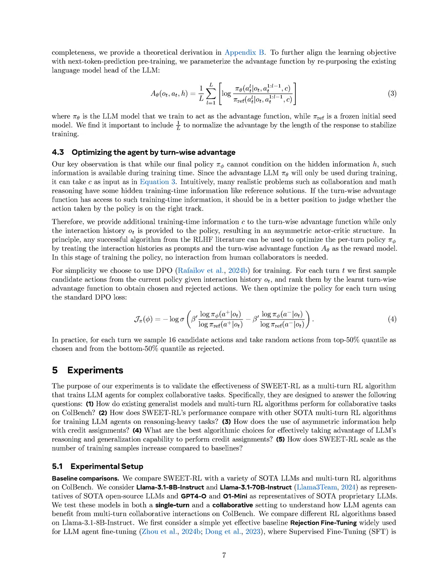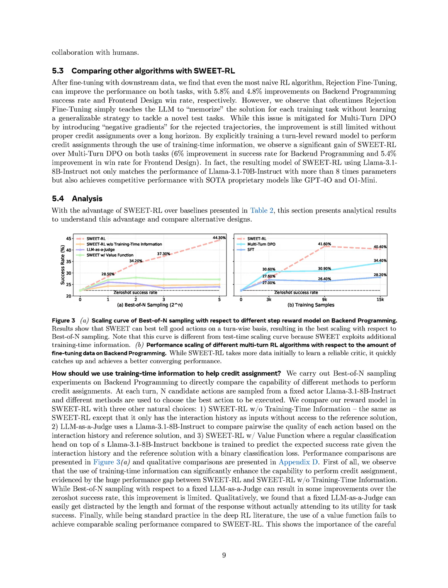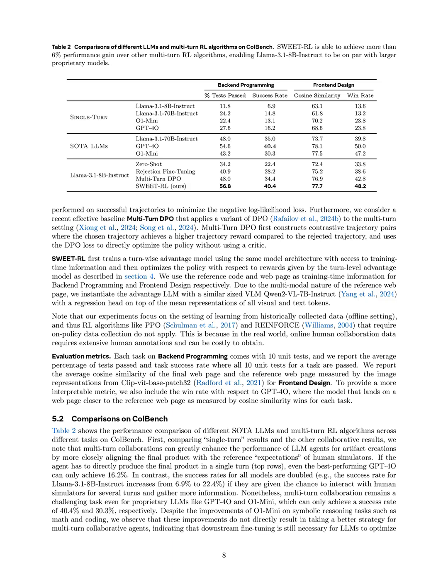The theoretical benefits of utilizing SuiteRL over other reinforcement learning algorithms for multi-turn collaborative tasks include its ability to leverage additional training time information, which enhances credit assignment for actions taken by the agent. This asymmetric actor-critic structure allows the critic to access hidden training time information, such as reference solutions, while the actor only uses interaction history, leading to improved decision-making. Practically, SuiteRL demonstrates superior performance in experiments, achieving a 6% improvement in success rates for back-end programming and a 4% increase in win rates for front-end design